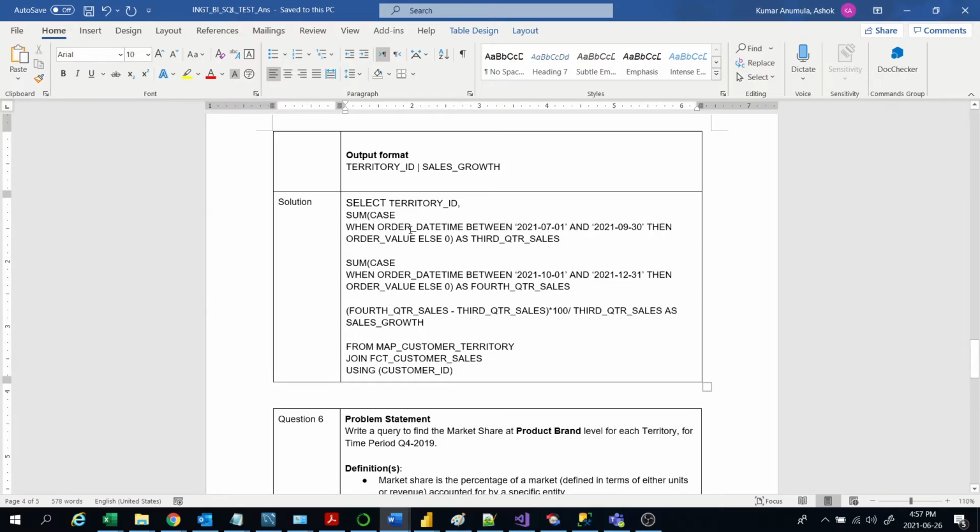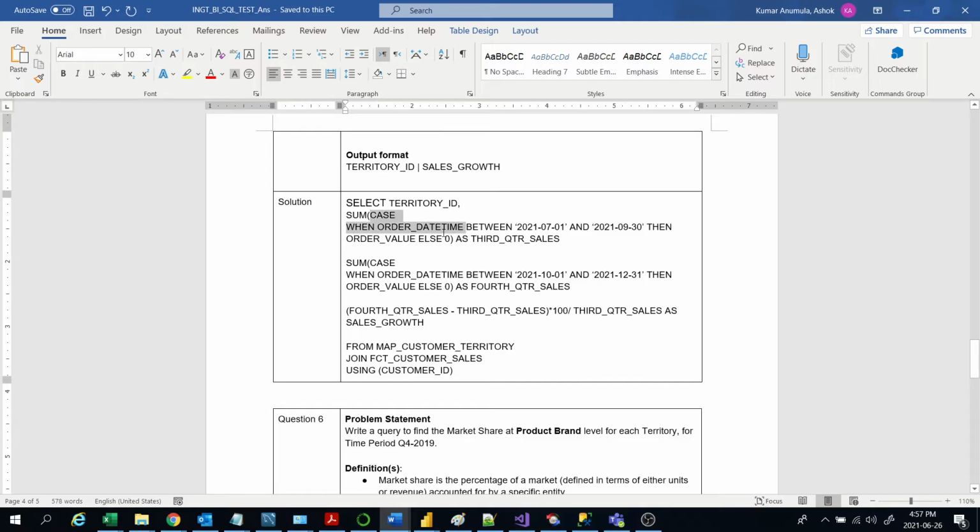Then we will take the percentage of sales. So here we have to use the case when order date is between these two dates, starting from July to end of September, that is quarter 3. So I am calculating them as third quarter sales. Case when order date between July 1st to end of September, I am taking that as third quarter sales.